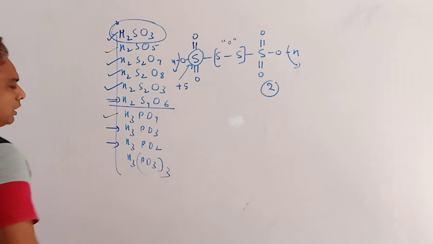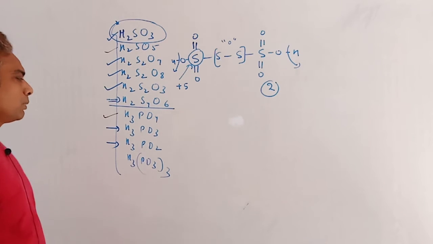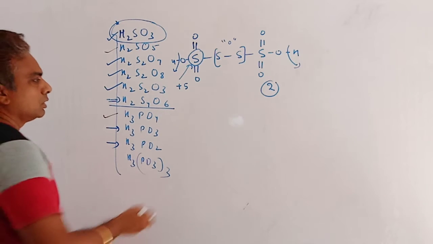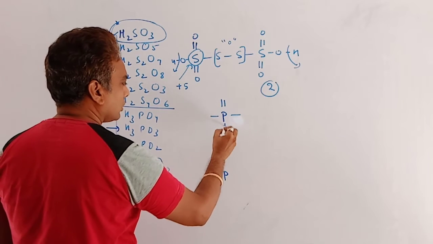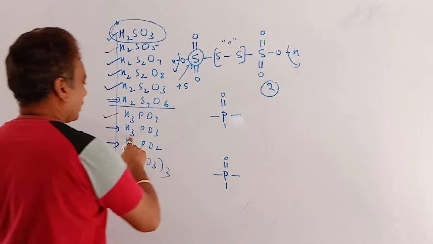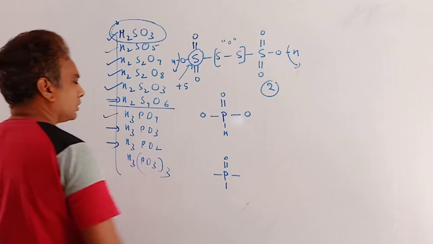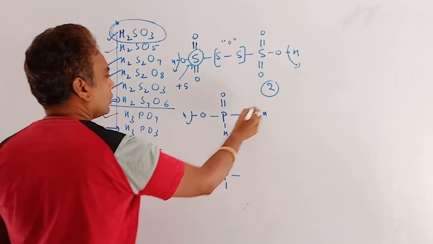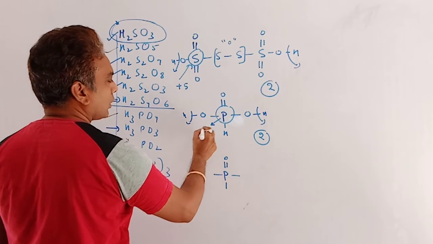For the molecules H3PO3 and H3PO2, it is asked many times what the basicity of the molecule is or the oxidation state of phosphorus in these molecules. So here is the dot structure responsible for its basicity as well as oxidation state. In case of H3PO3, we have 3 oxygens like this. One valency of phosphorus is associated with hydrogen, so only 2 are associated with O. So the basicity of this molecule is 2, and the oxidation state of this phosphorus is +3.